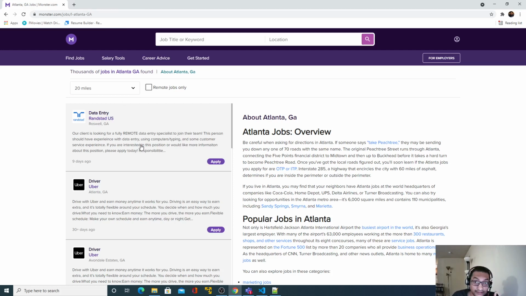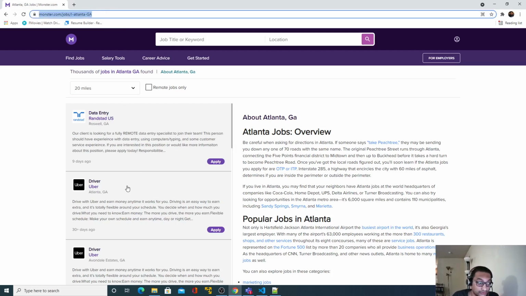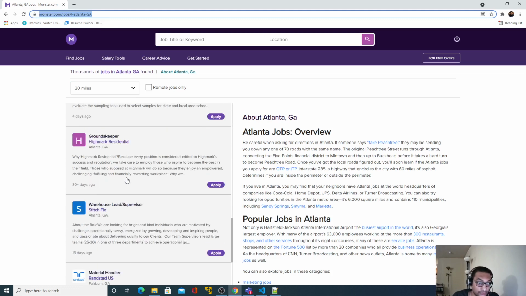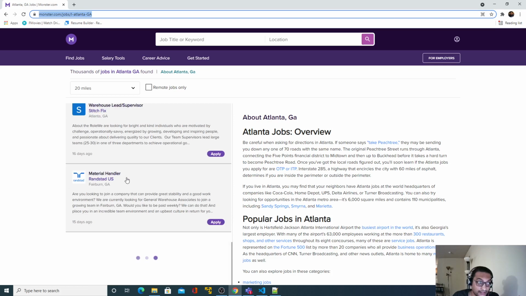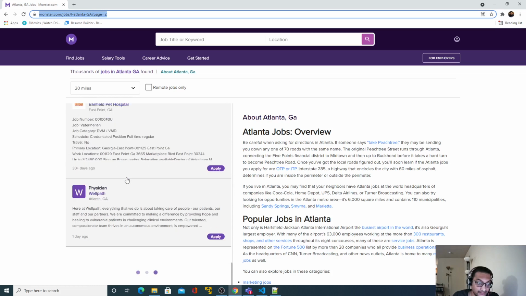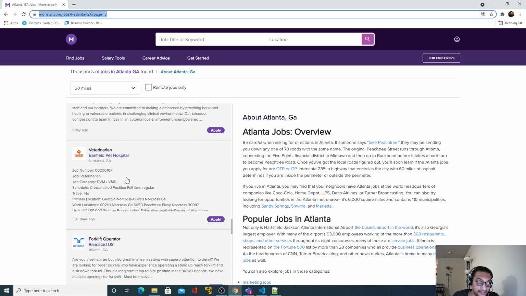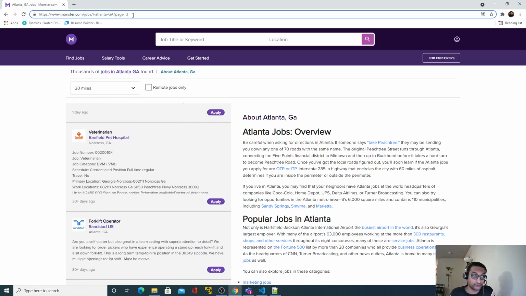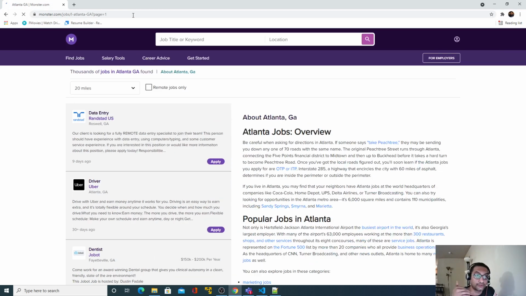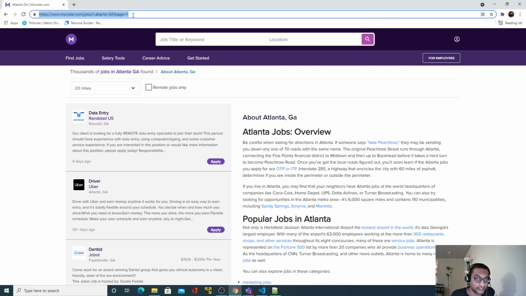There is another thing. Here it shows some number of job postings right now, I don't know how many. But if I scroll further down, look at the URL, it changes automatically to page 2. If I scroll further down, page 3. So the base URL would be this one. If you want to go to the next page, kind of paginated, let's say up to 5 more pages, you need to change this URL from 1 to 5. We'll see how we can do that.